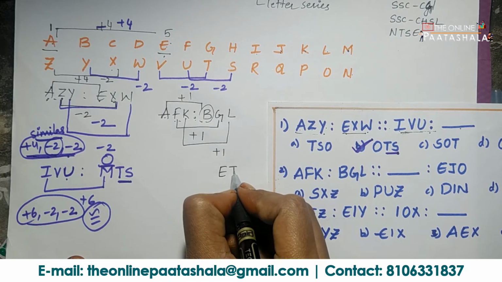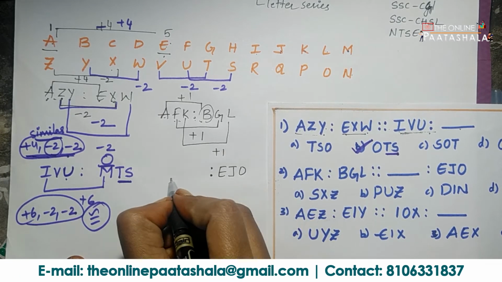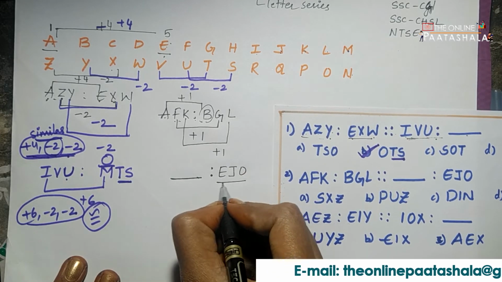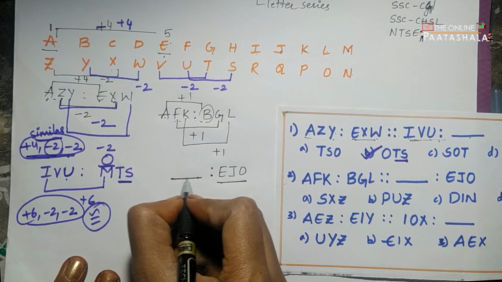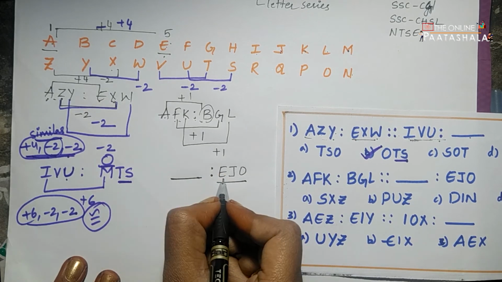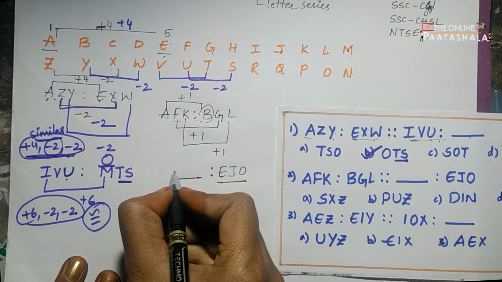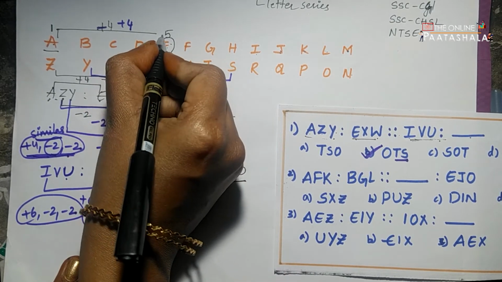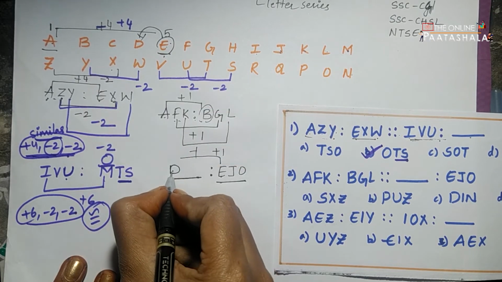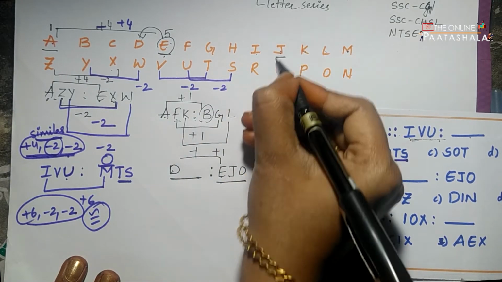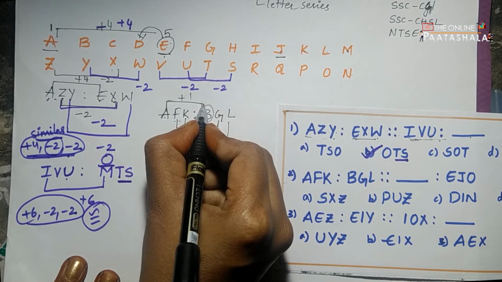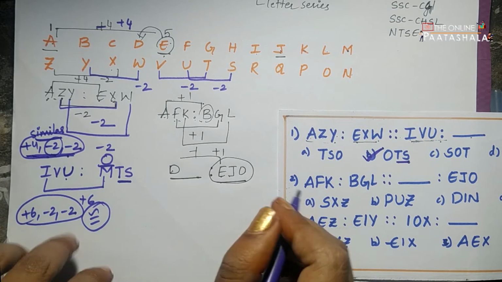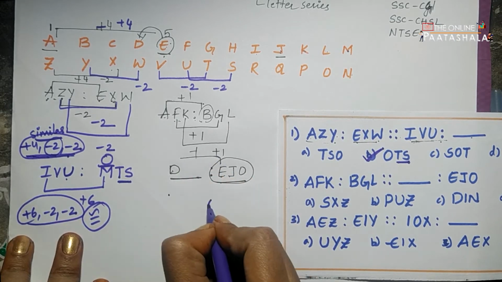If EJO has got the answer, what might be the question here? If EJO is the answer, then what is the series before that? If E is got here, what will you be getting? You need to do minus 1. E, before that, D. J has got. Here plus 1 is there, we are adding plus 1. Here already the answer is given. What you need to do? Here we are doing minus 1.